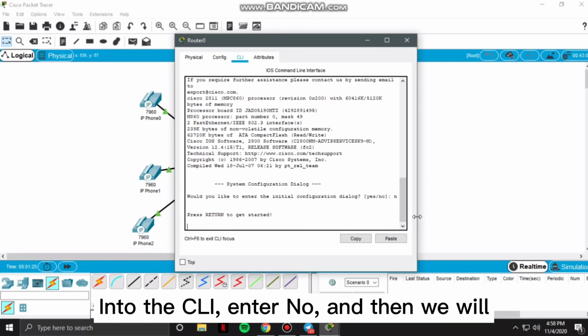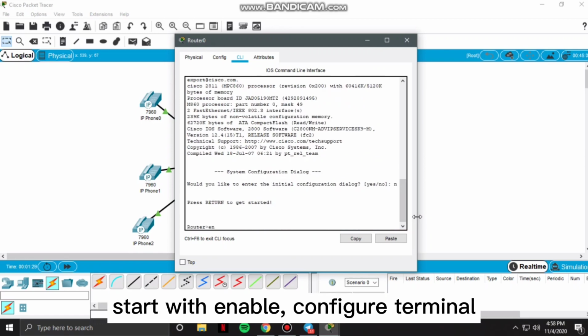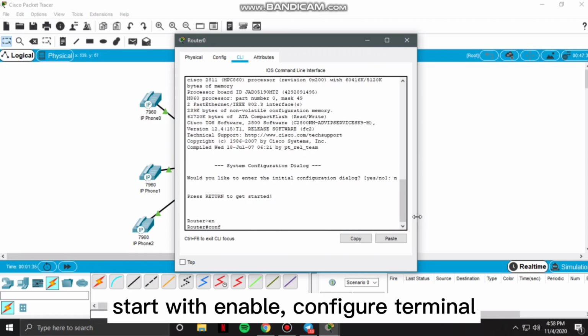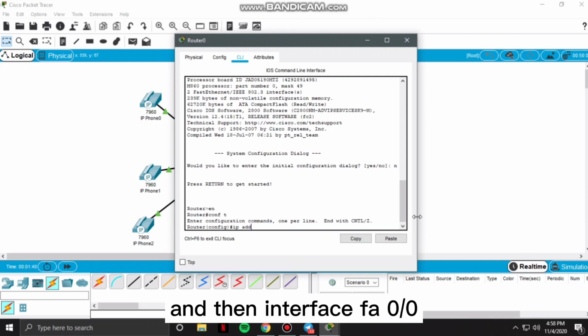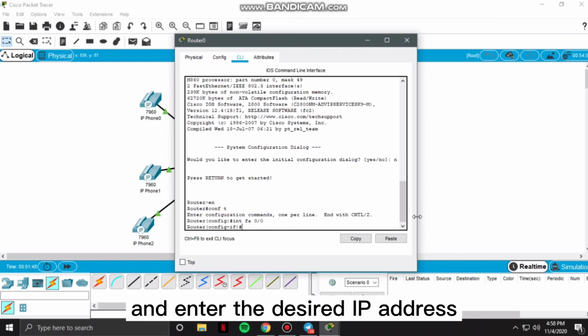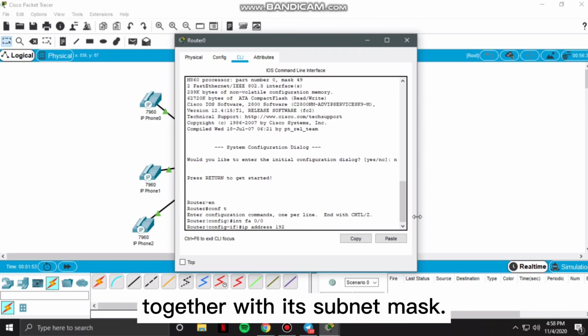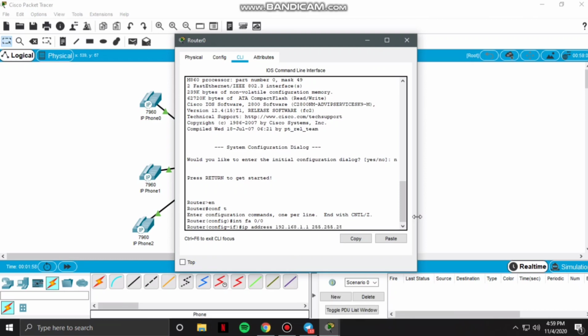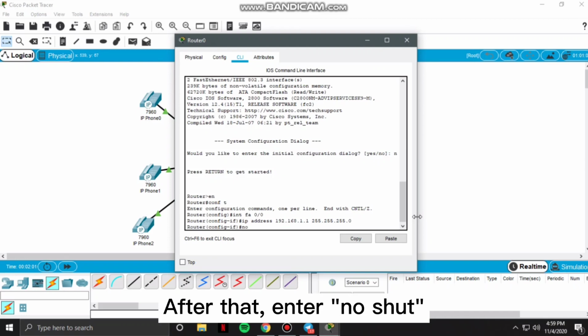Into the CLI, we will start with enable, configure terminal, and then interface fast ethernet 0/0, and enter the desired IP address together with its subnet mask. After that, enter no shut,